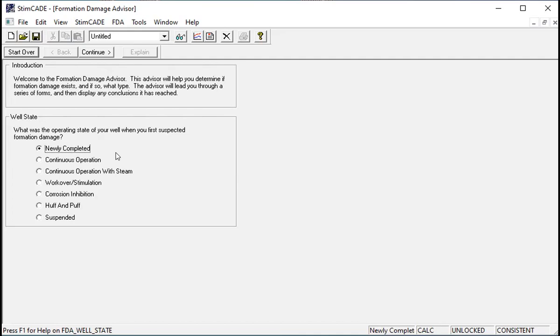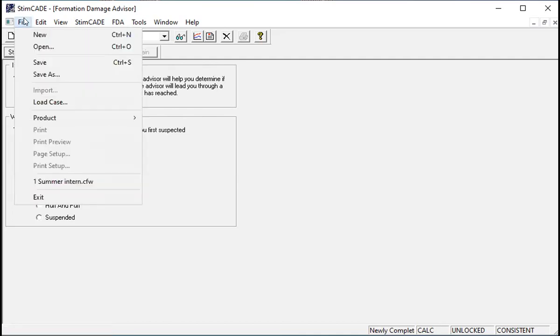What may have caused the skin? Is it due to perforation? Is it due to paraffin deposition? Is it due to scale deposition? And so on. They may also ask, is it due to fines migration? So due to whatever you put here, they'll be able to tell you exactly what type of system you are dealing with. So what I will do here is I will just open